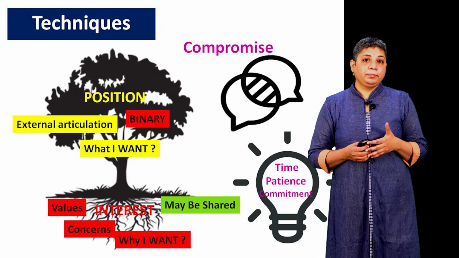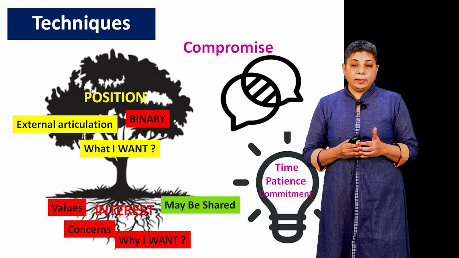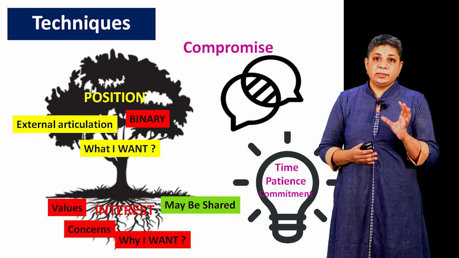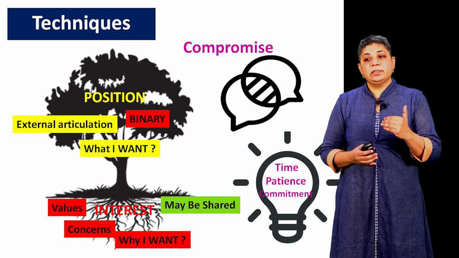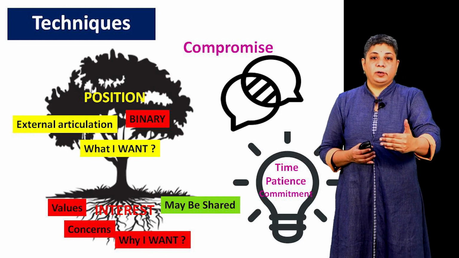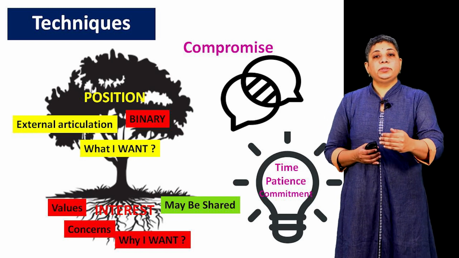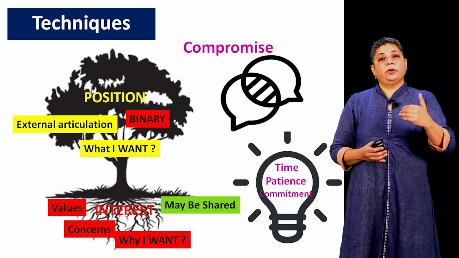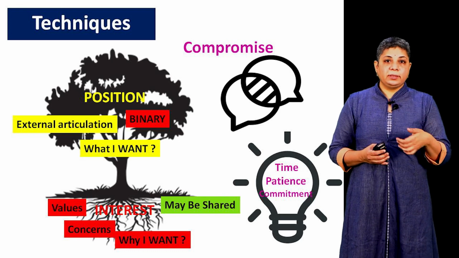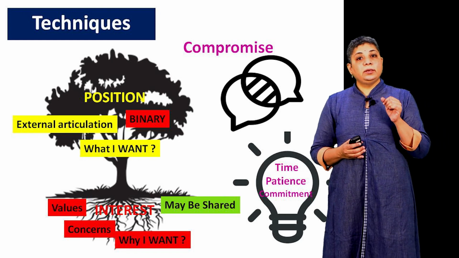So what should we do? First thing, we have to start approaching a conflict by understanding two things. One is the position and the second is the interest. What is the position? Position is the answer that people give when we ask somebody what they want in a particular situation. Do you want this to be done? It's like yes or no. It's usually binary, and this is what they articulate externally, what they tell you, what they show you, what they write. This is called a position.